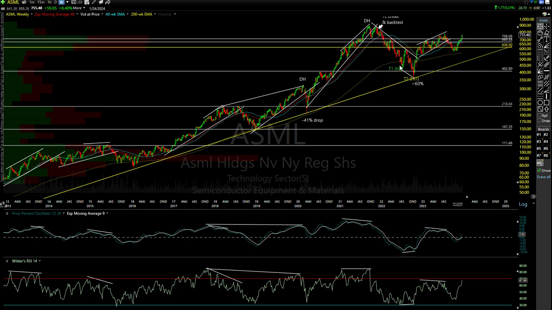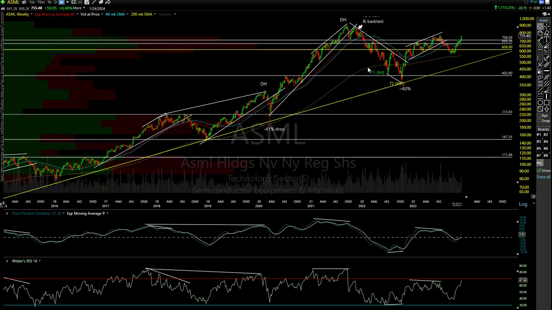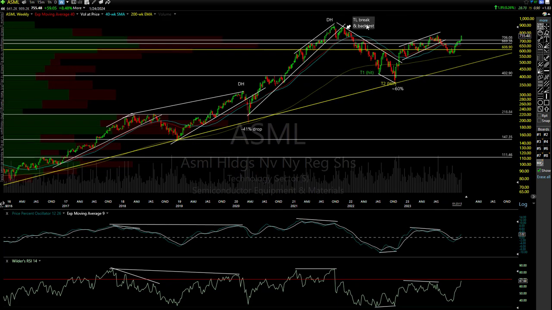That was right of 2022. So we were up in here. The bear market already rolled over. This one would have been covered in the same kind of video I'm doing now. Back then, I would have talked about this trendline break and back test. And so that one fell.